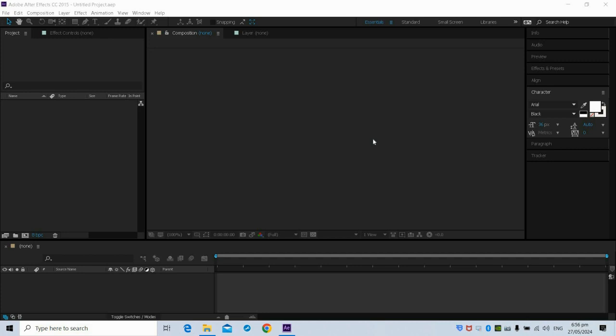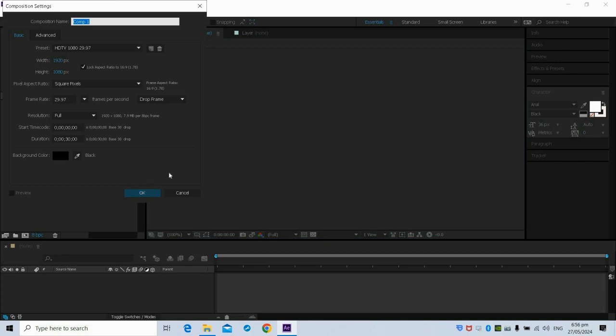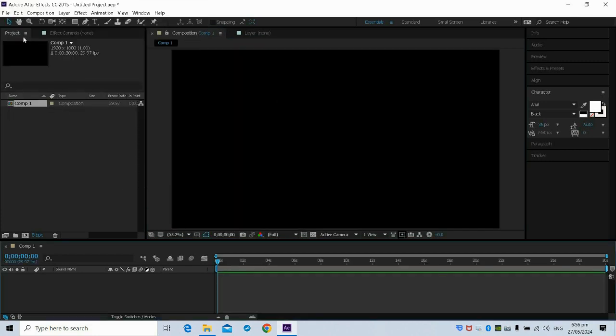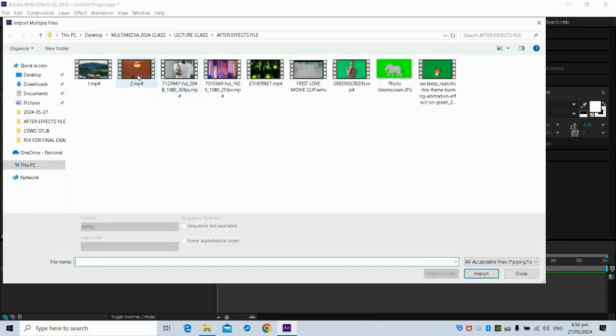For example, there's a portion there that moves, so you have to track it and make that motion a path of a particular shape, text, or video. Okay, so let's start with importing a file. Let's create a new composition. Okay, so this is the composition. Let's import video first. Multiple files. So let's say let's import 2 videos.